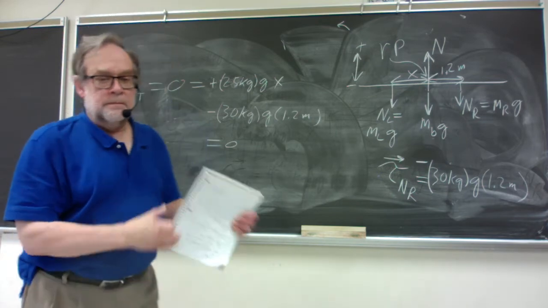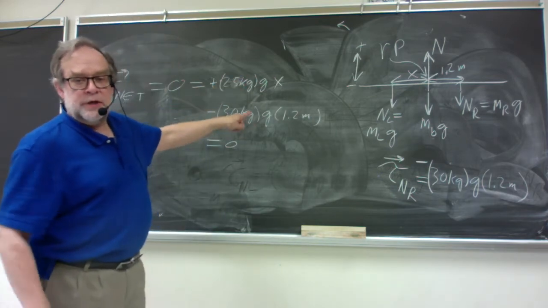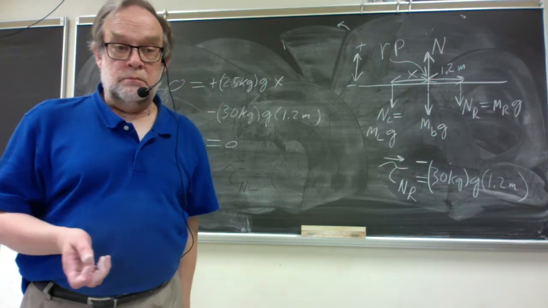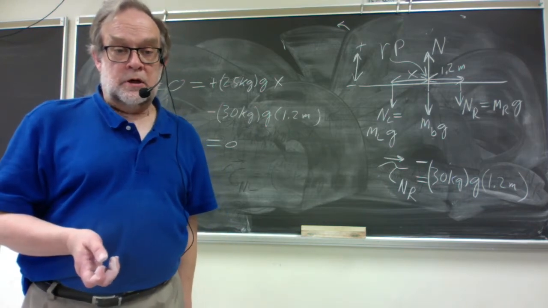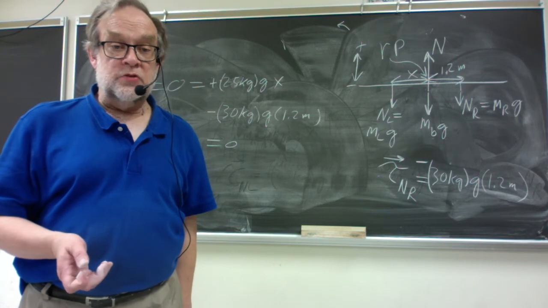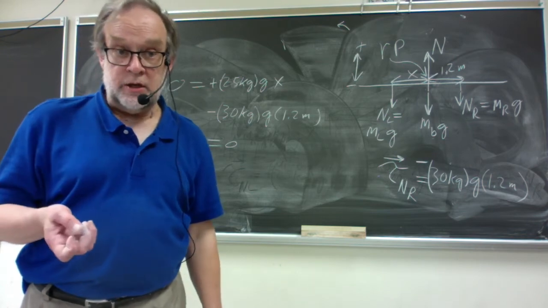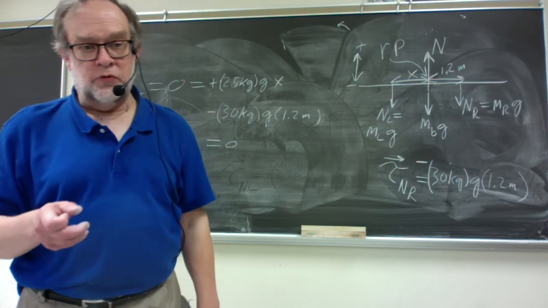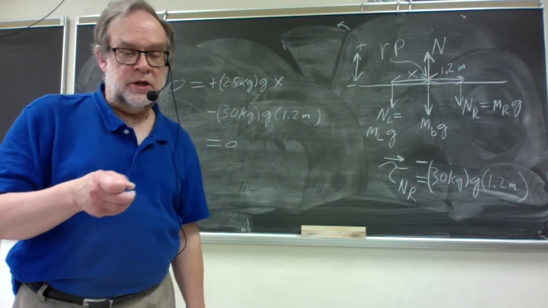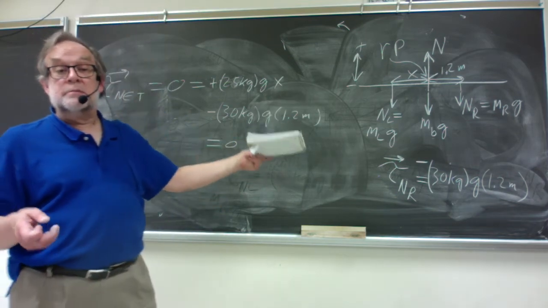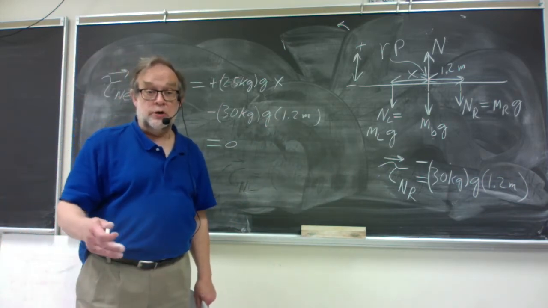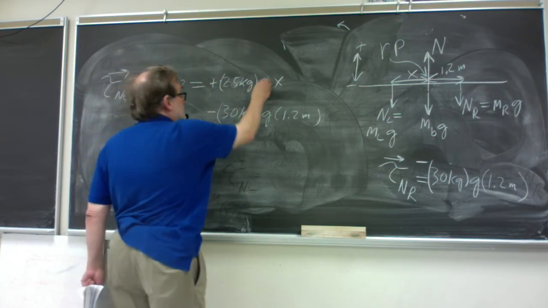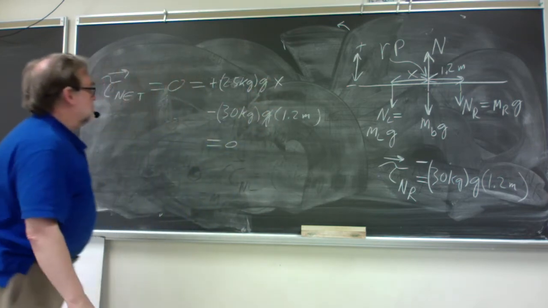So there's a factor of g, 9.8 meters per second squared, in both terms on one side of that equation. So if we divide the whole equation by g, the g disappears. It's a common factor for every non-zero term in the equation. So that's why I didn't multiply everything by g earlier. We don't have to, because all the g's just cancel out. So then what we're left with is